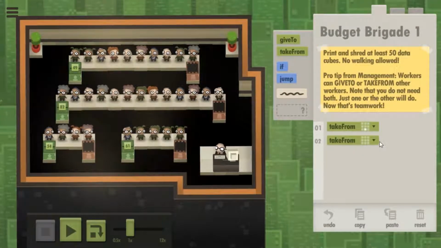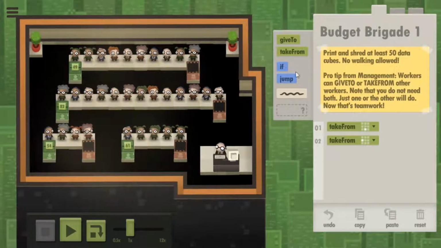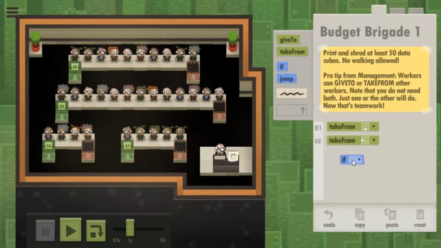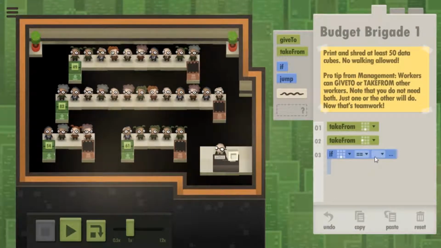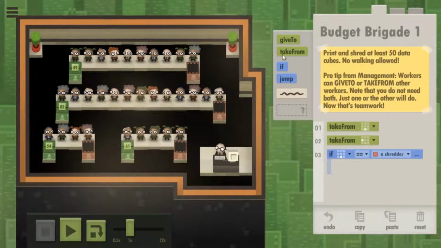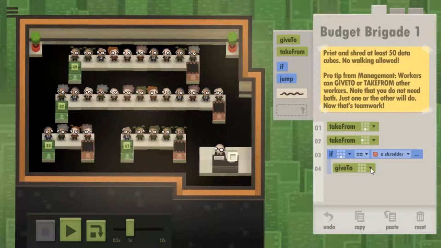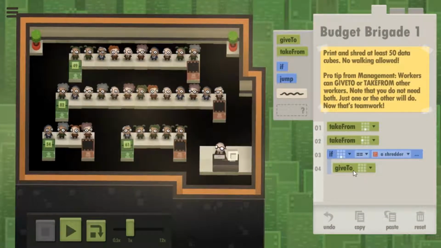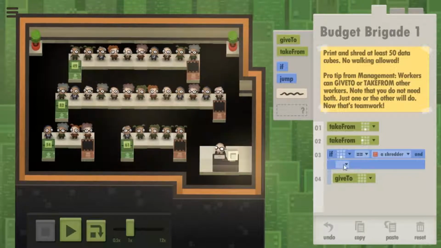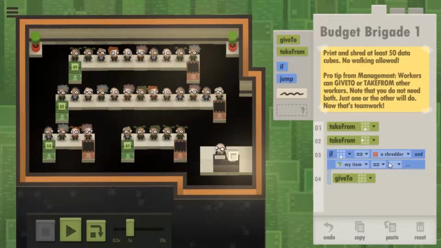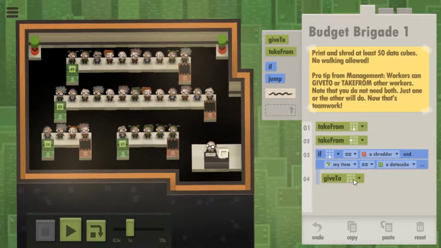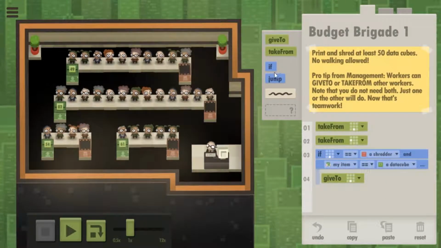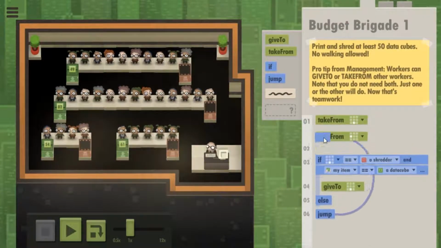Yeah, so take from the person on your left, and then if there's a shredder below, then dive on in. Wasn't it the case that give to... Yes. Yeah. And my item is a data cube. There we go. And that should be it, I think.